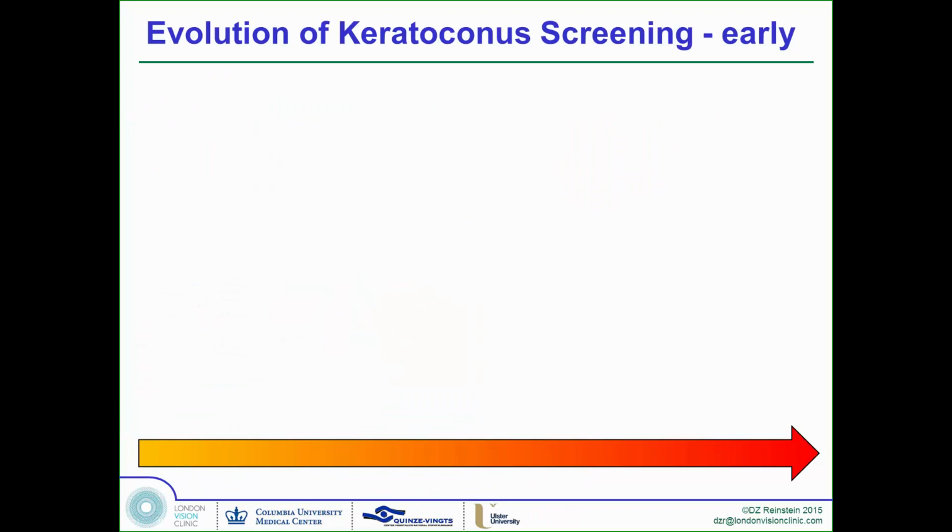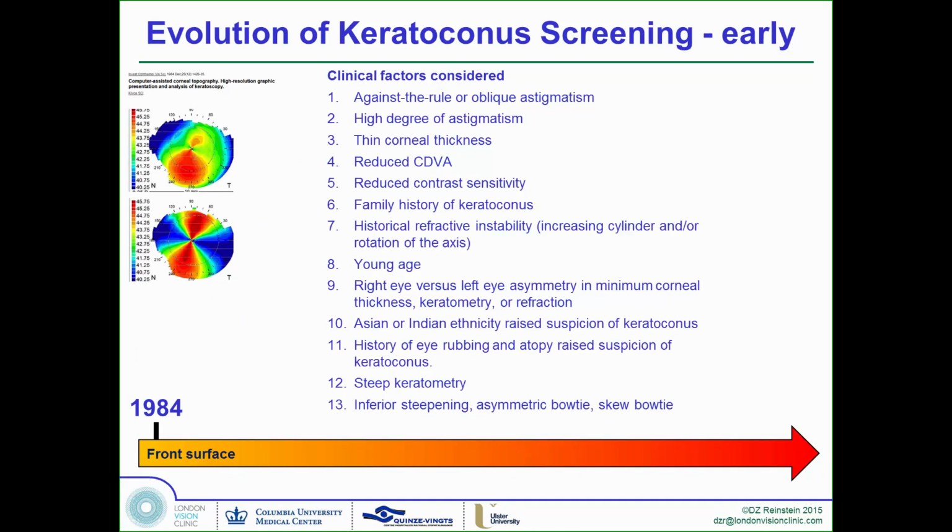So in the early 90s, mid-90s, when I go through our keratoconus screening protocols that we used to use, we had basically 13 factors that we would weigh up in our minds to either increase or decrease the clinical suspicion of keratoconus in a case. And it wasn't just the topography, it was whether the patient had against the rule or oblique astigmatism, whether there was a high degree of astigmatism, whether the corneal thickness was on the thin side, because obviously we weren't measuring corneal thickness in 3D, remember this was handheld pachymetry, this was one-point pachymetry,